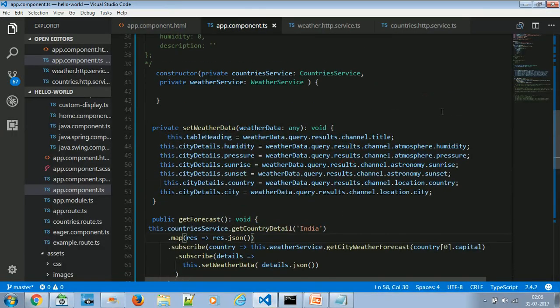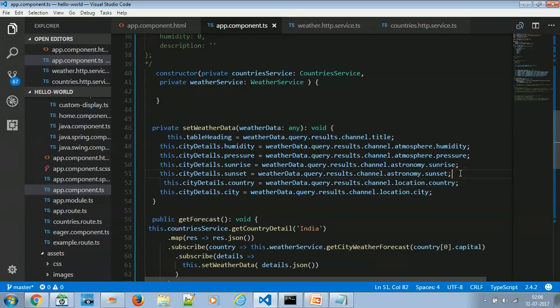Now you can even optimize this code further. See, there is repetition till here, it is very common. So the entire code till here you can assign to a single variable, and just use that variable instead of always using weather data dot query dot result dot channel. Just store it in a variable and use that variable instead of this whole thing. Variable name dot atmosphere dot pressure, variable name dot astronomy dot sunrise, variable name dot astronomy dot sunset.